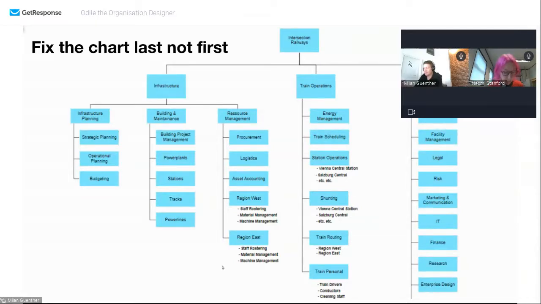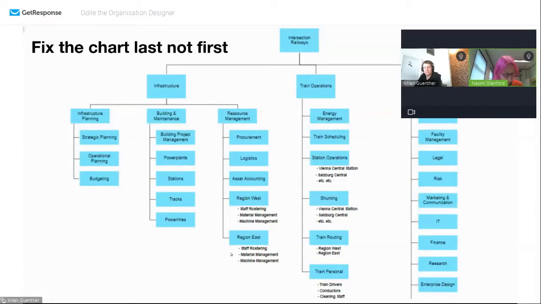In my new book that came out last month, there is a whole handout, a graphic of what an organization chart is useful for and what it's not useful for, or what it doesn't show. So be very careful not to pay a huge amount of attention, if you're doing design work, to the organization chart. And there's a nice article from Strategy and Business called 10 Principles of Organization Design. And principle 3 is fix the chart last, not first.